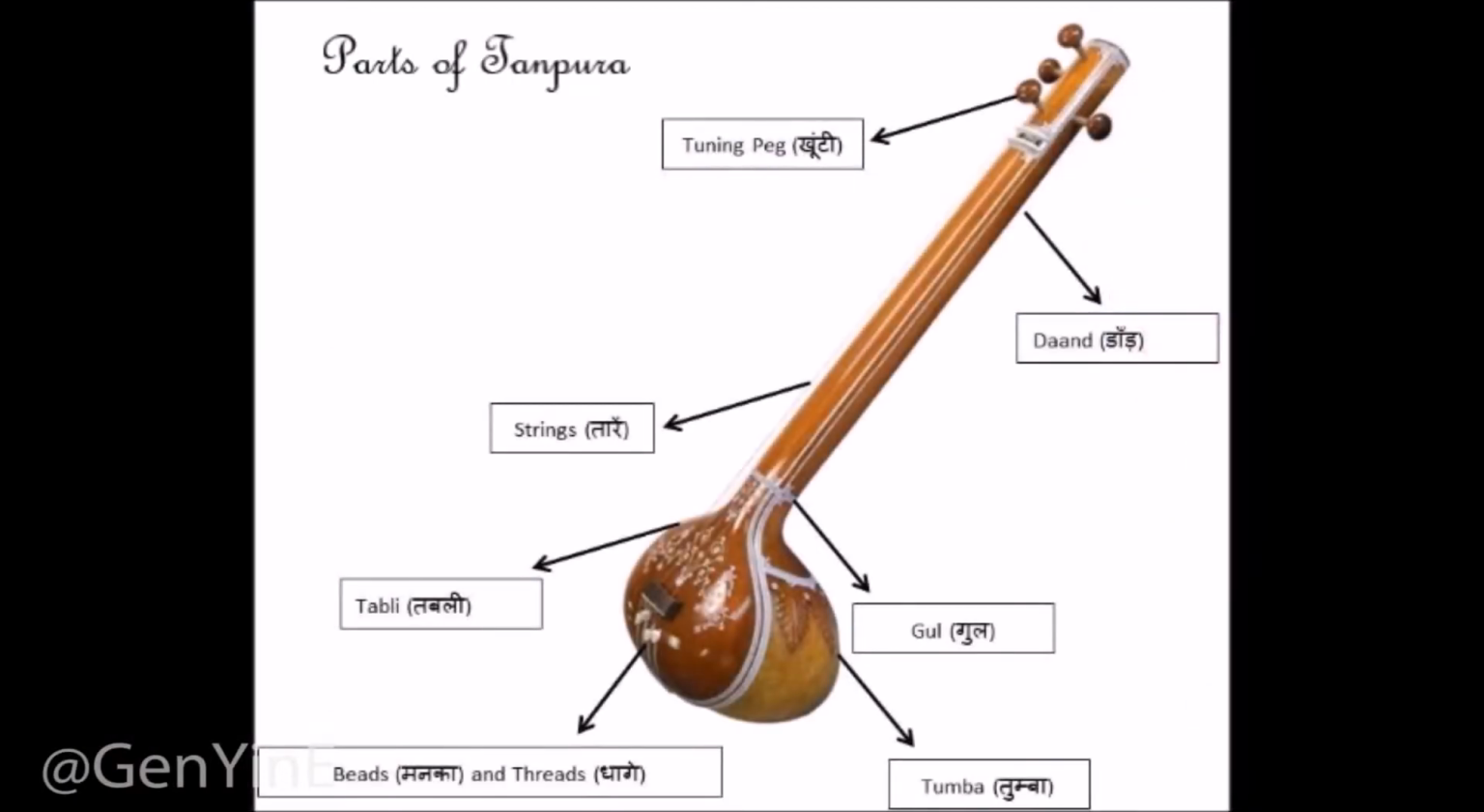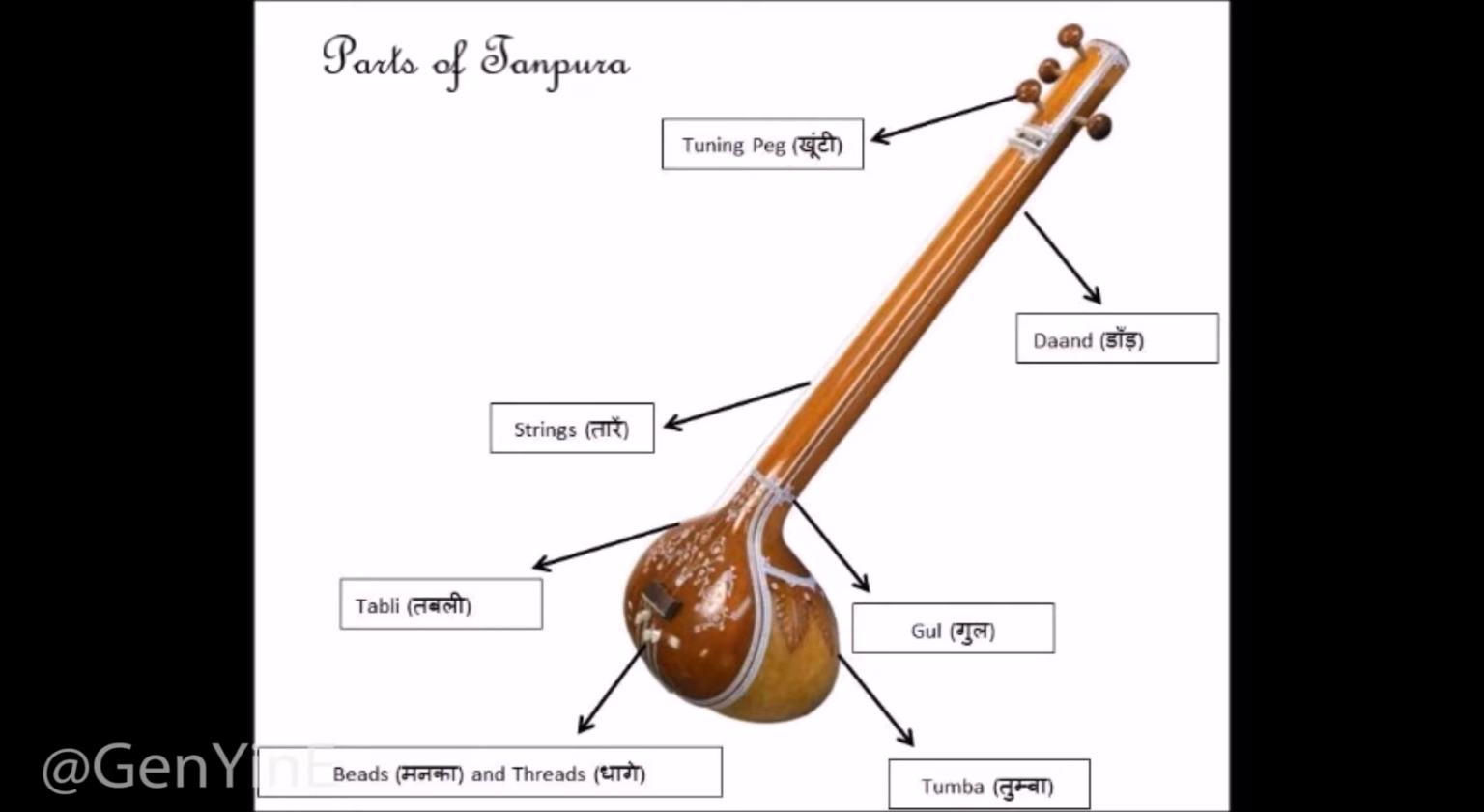The different parts of the tanpura are the tuning pegs, which are at the top of the tanpura, and these are used to tune the strings of the tanpura. The strings are connected with the pegs, and the tabli is called the lower frontal part of the tanpura. The beads are present at the lowermost part of the tanpura, and which are used for the fine tunings, and